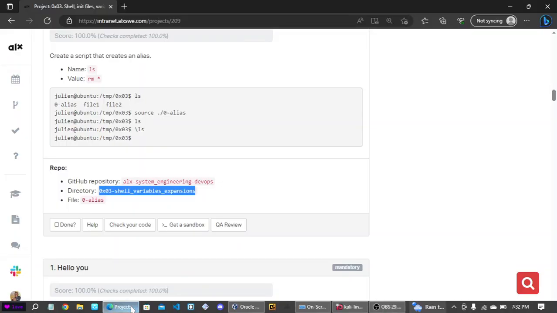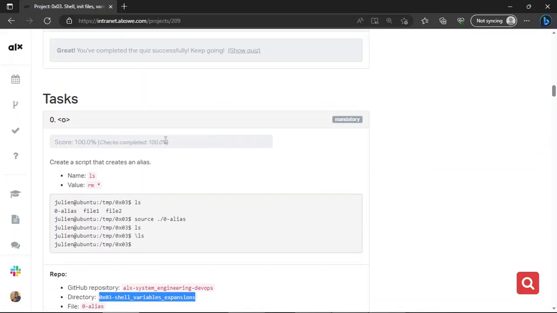So for task 1, they said create a script that creates an alias. So the name of the alias is ls and the value of the alias is rm star. So what is an alias? Now an alias is